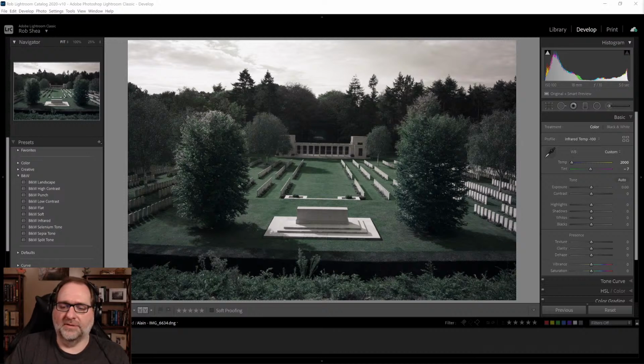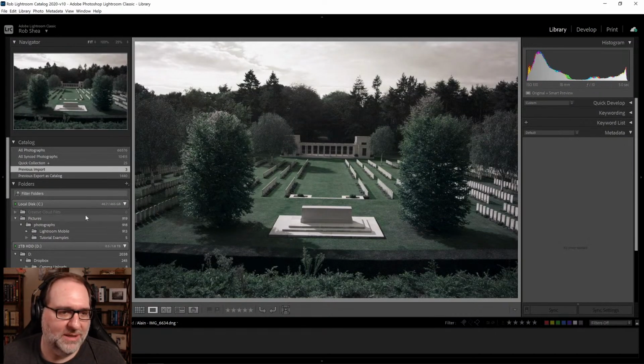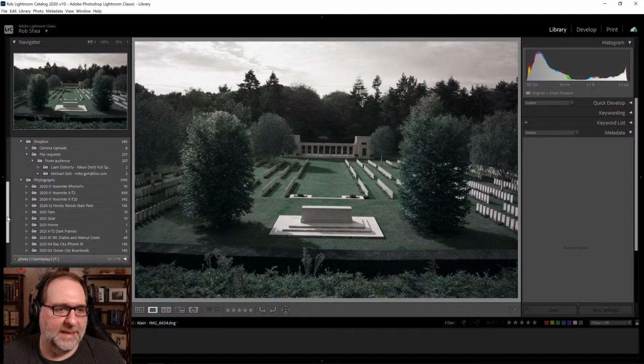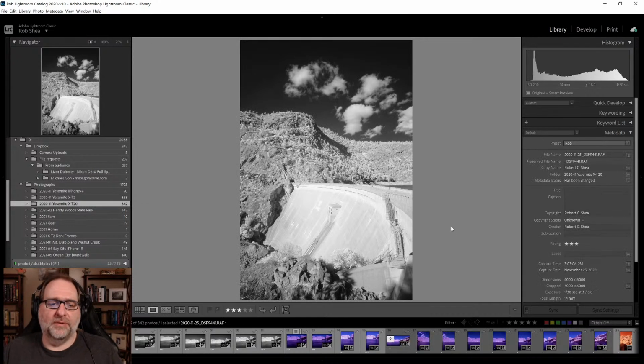And I like the color that comes from it. Lately, what I've been doing is I try to be more deliberate before I go out. I'm going to pick something else to look at here. No offense to your image, but we'll go back to one of the other images that I was working on, back to Yosemite. Here's a good example of some stuff that was shot with an 830 filter. The challenge is, and many of you have probably seen this challenge,